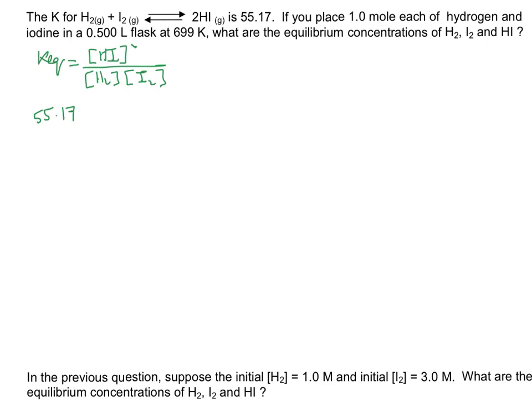So in this case, since we don't know any of the concentrations at equilibrium, we are given some form of concentration here. It's 1 mole of the hydrogen and the iodine in half a liter, but that's initially. That's not at equilibrium, and so that means we need to make an ICE chart. So let's do that. So I have H2 plus I2 yields 2HI,